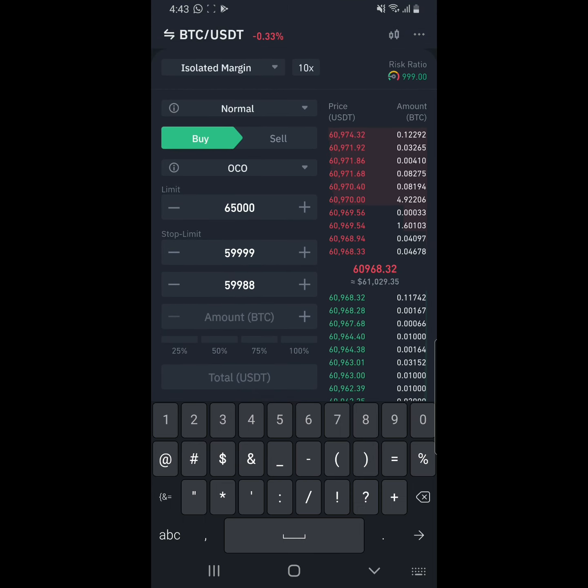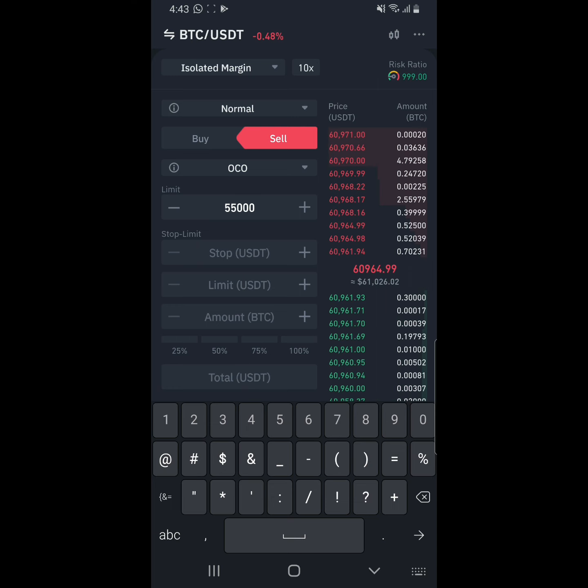When it comes to margin and futures, they are the same way of placing it. If it's a sell, we know that we are selling when the price drops. So we are looking at the price dropping, while in buy, we are looking at the price increasing. So I now say BTC is definitely going to drop to 55,000. So this becomes my take profit, my target,